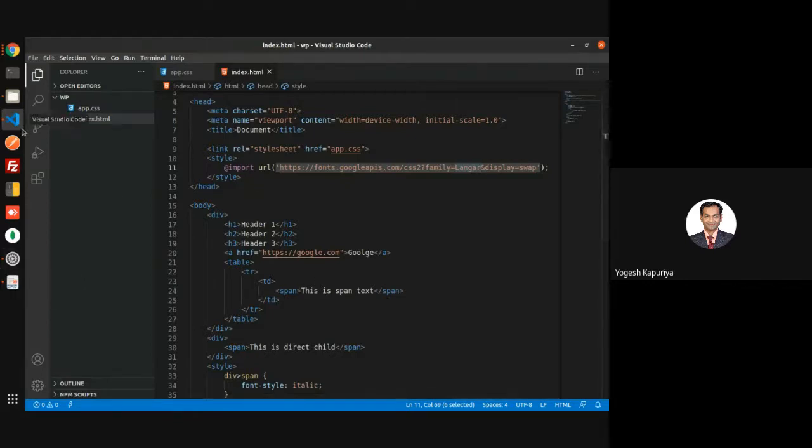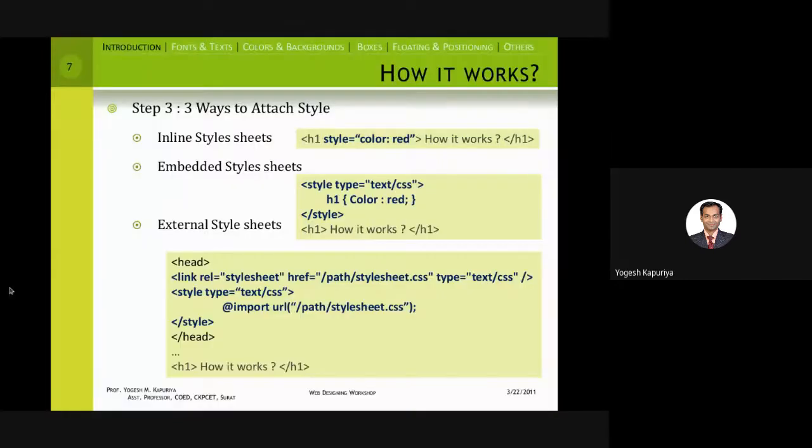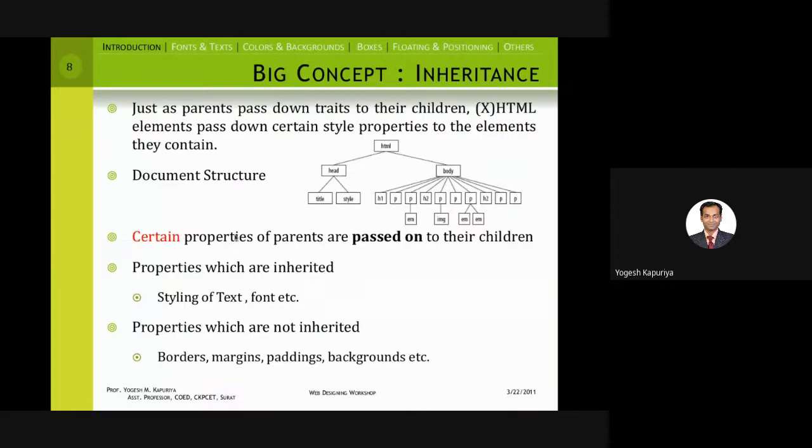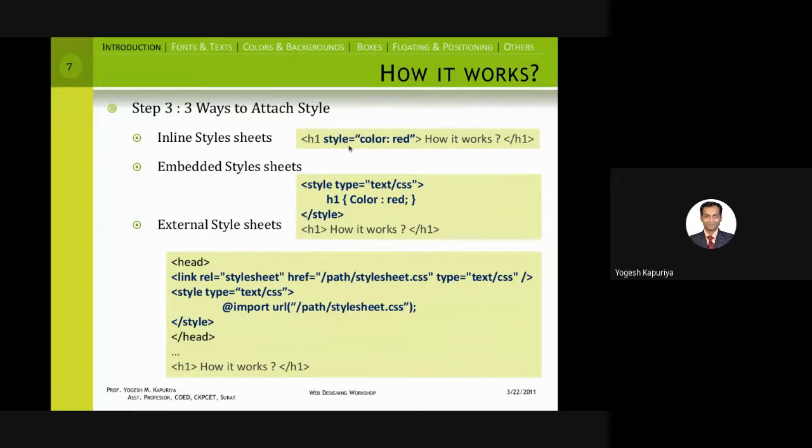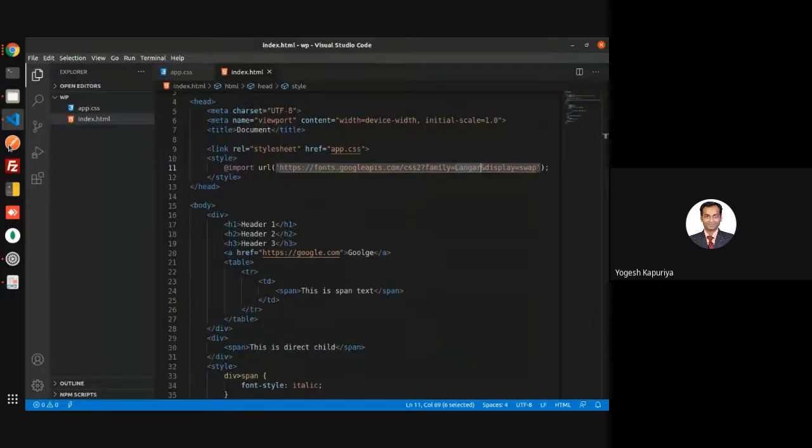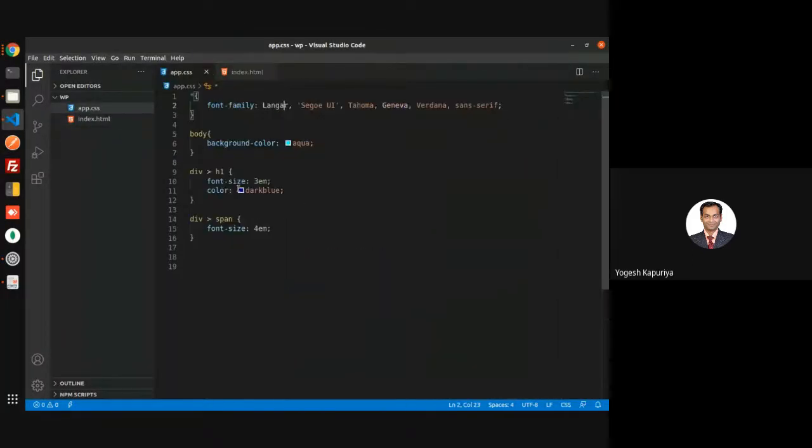There are three ways. You should also understand the priority. I think we also have to discuss this in the previous class as well. The priority: the inline style will be the highest priority, then come the embedded styles, and then come the external styles. But again, in that case as well, this also needs to be understood. So let us consider this use case.